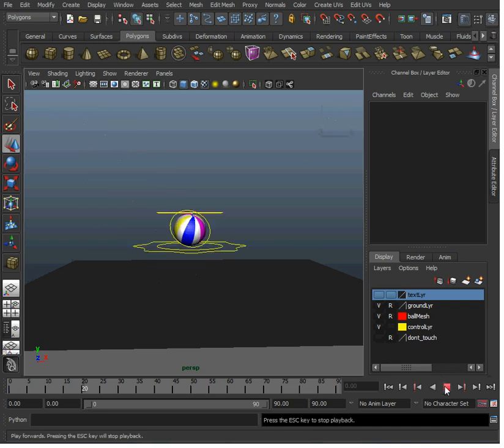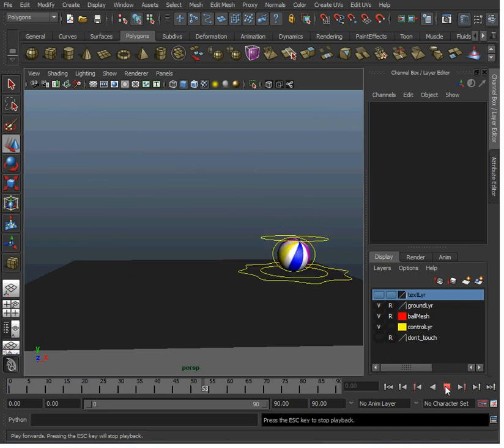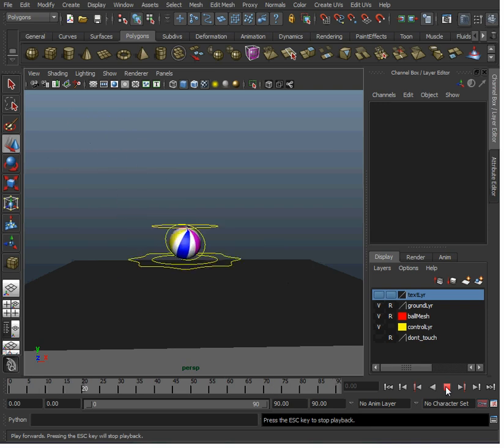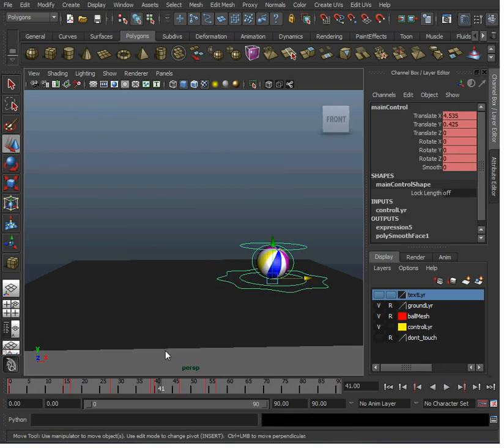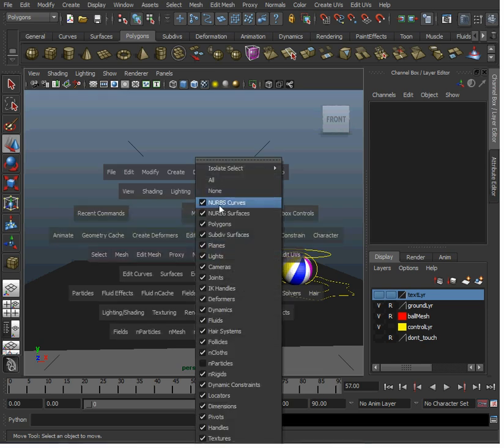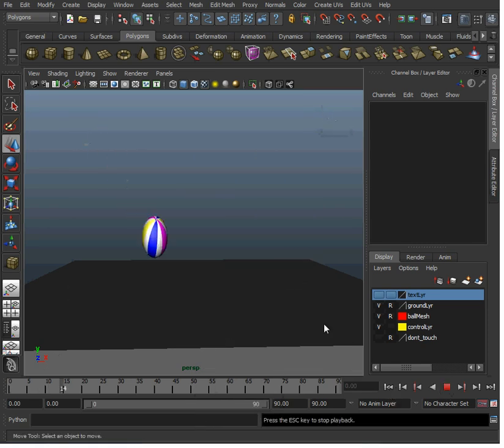It gets thrown to the side and then stops. I might want to have my ball stop a little sooner, but once we get it to roll, we can actually fix that. So let's go ahead and hide my NURBS curves and give it one more play. That doesn't look bad.